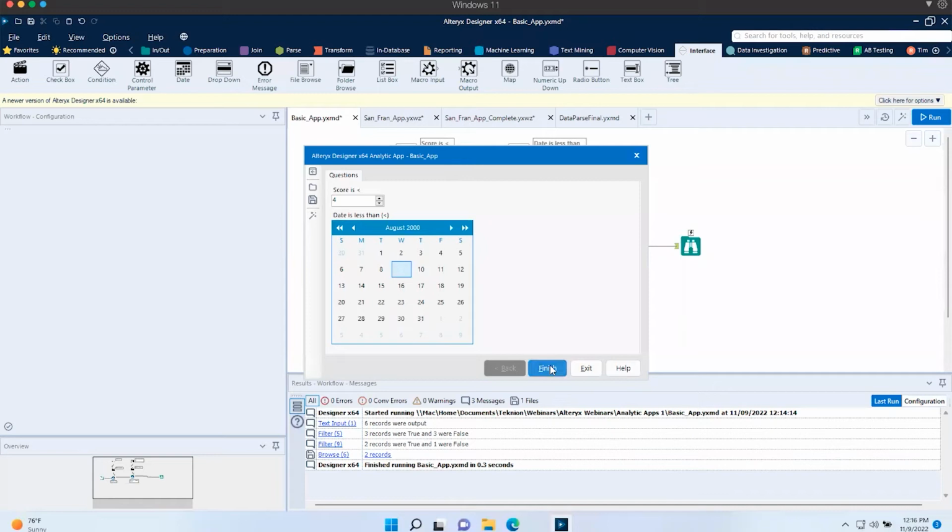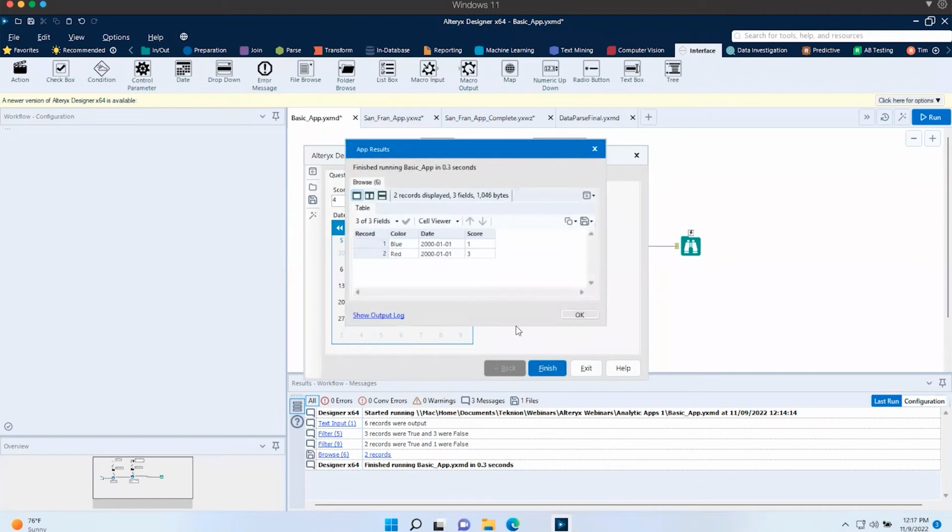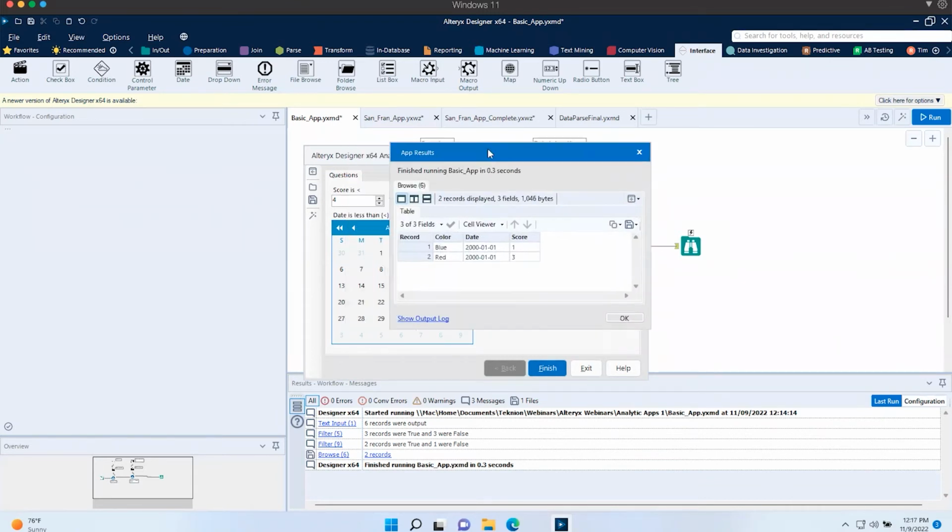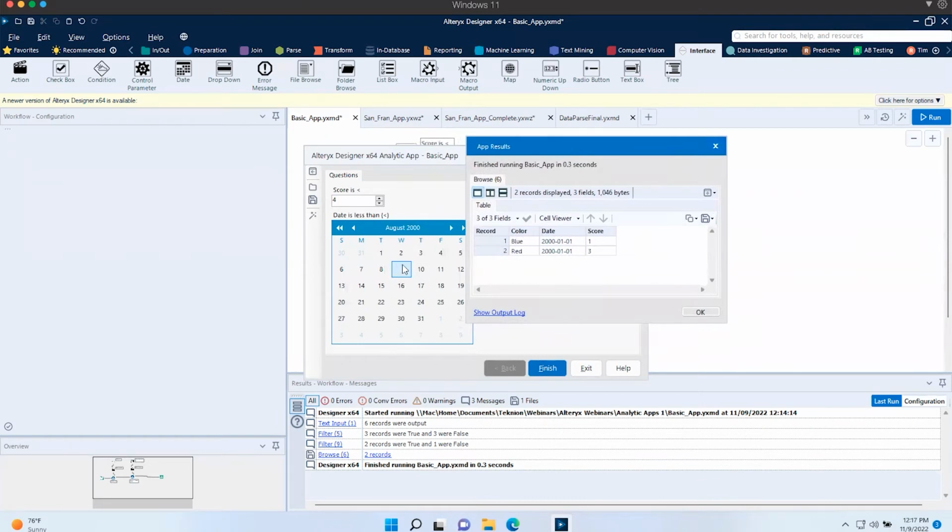Okay. And now if I hit okay, this should pull out only the first 3 rows of the data. And then having this date range in there should actually pull out another row of data. So we should only have 2 rows of data left in there. Yep, we've got blue and red. The scores are 1 and 3, so that's less than 4, right? And the date range is less than that. Okay. So this is a really quick look at how to use some of those